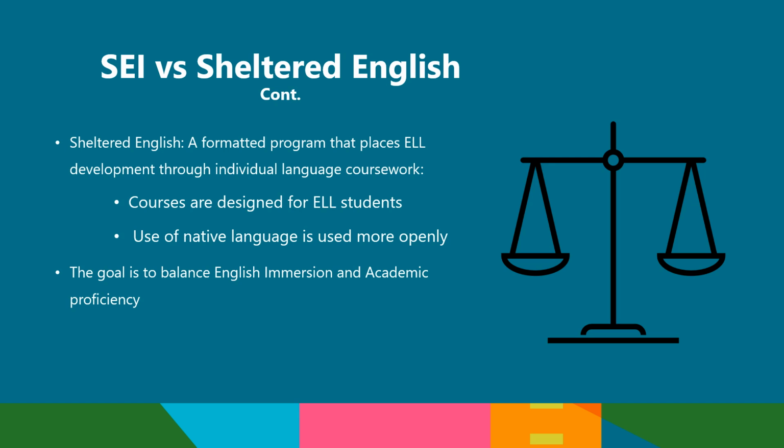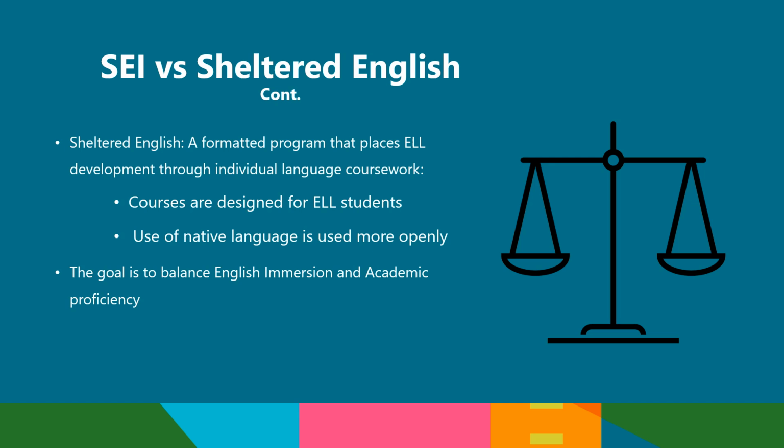In contrast to SEI, or Structured English Immersion, Sheltered English is a more balanced approach to English language development, with emphasis on a 50-50 approach to understanding the language and sharing academic course time. Students are allowed to use their native language more frequently as well. So in contrast to structured English immersion, sheltered English is a more refined and constructed English program that brings in more one-on-one time versus immersion where it is learned as you go along.